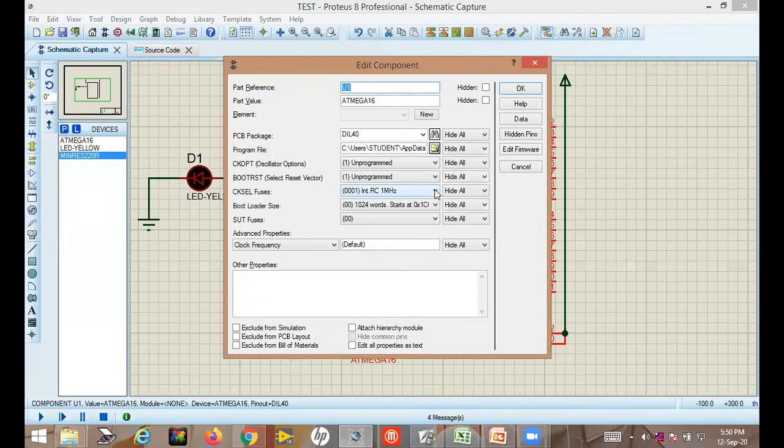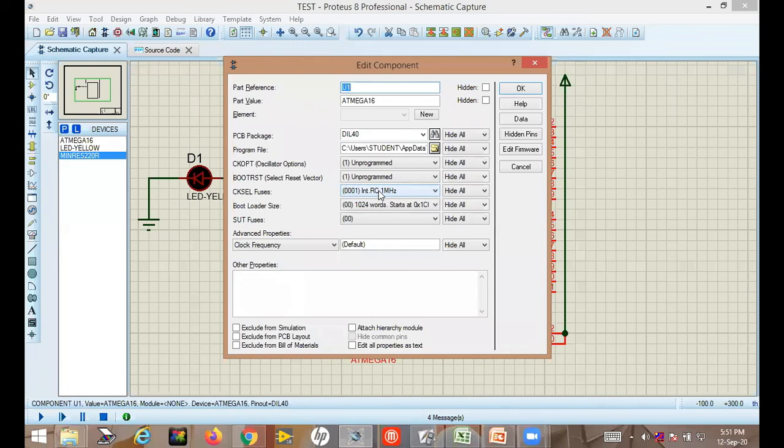We are also human beings. We are also running on a clock. The heart is our clock. As long as your heart is beating, we are alive. When the heart stops beating, then we are dead. Similarly, for the microcontroller also, as long as the oscillator is giving it a clock, it will be running. When the clock stops, that microcontroller will also stop working.